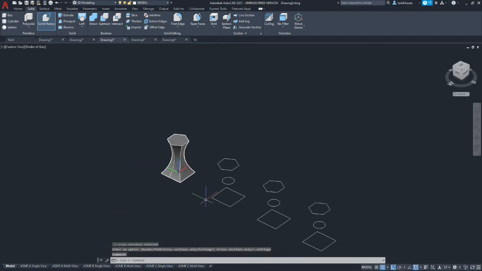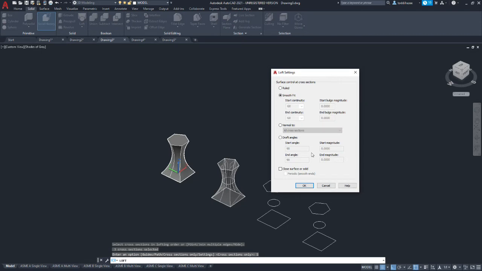All right, now let's repeat that. We're going to pick our 3 sections. We're going to accept those sections. And let's go to settings. Now we're going to select the ruled radio button. What that does is it doesn't smooth anything. And technically you should be able to put a ruler across each section of the loft and not see any light under it.